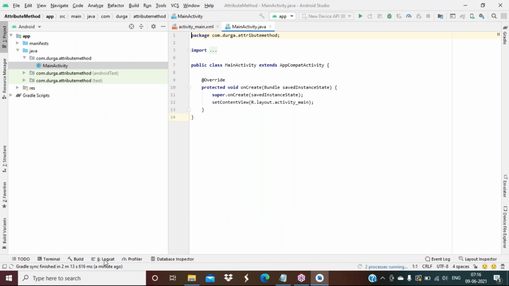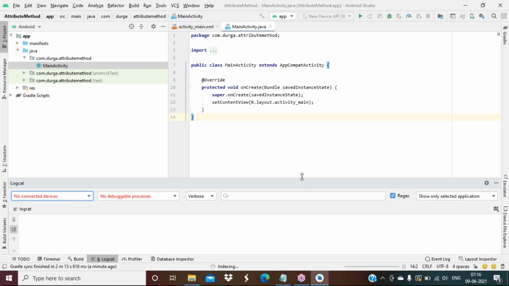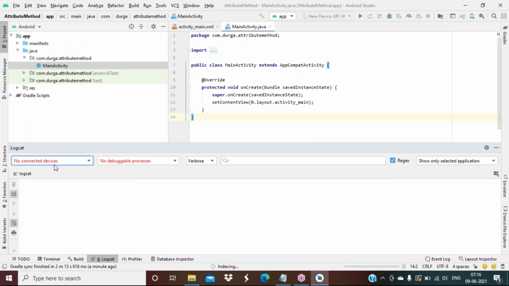Okay, see here there is a Logcat window available. Open this now. In the Logcat window, once you start the emulator, you will get the emulator name here, and the package you are executing will be shown. And here you are able to see verbose, debug, info, warning, error. So info also will be similar to warning. Okay, so any one of them you can write.